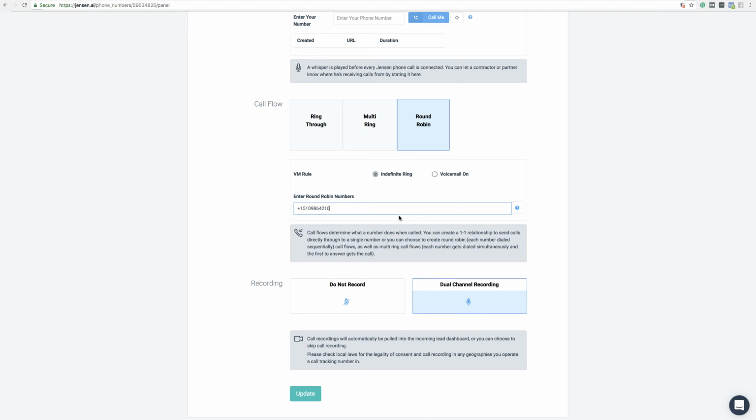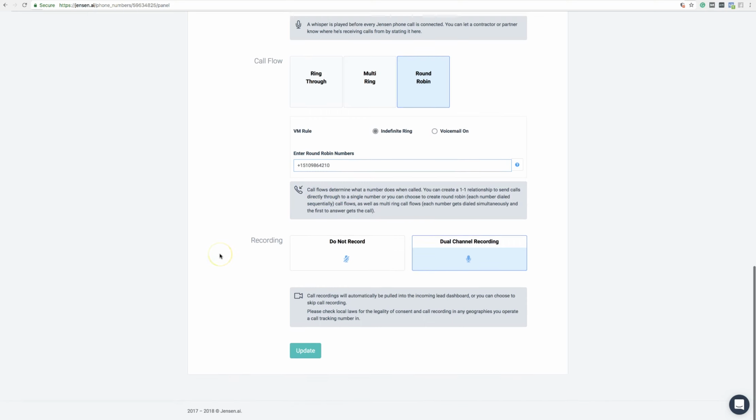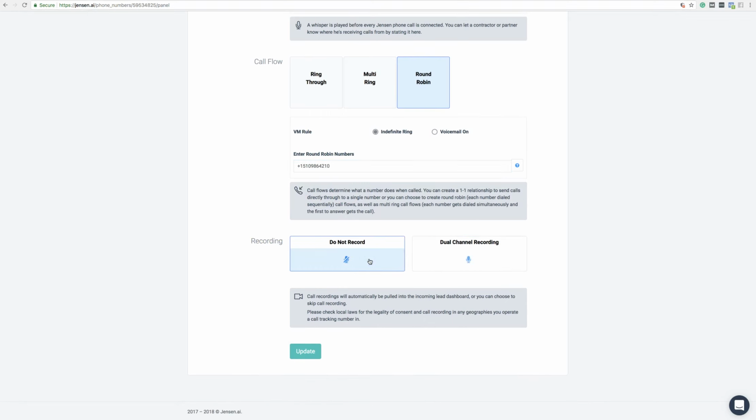Or if you're dealing with multiple partners, maybe if someone doesn't pick up the lead, it rotates to your call center, and then the call center can reroute the lead to a different partner. So there's a lot of ways you can use these different ring patterns to make sure your leads get routed in the appropriate manner. And then we have the recording feature where you can select to do not record the